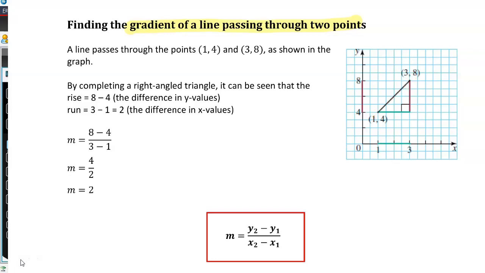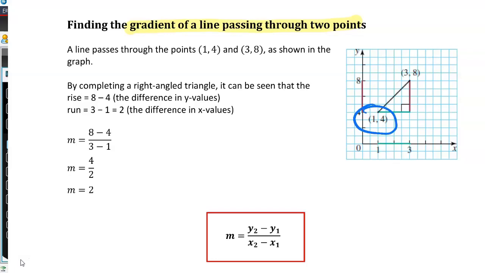So you can see here, I've got this coordinate point, which is 1, 4, and that coordinate point 3, 8. Okay, now we always tend to read these graphs in terms of going from left to right. Reading it that way,